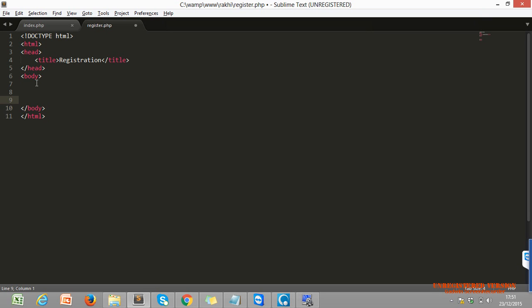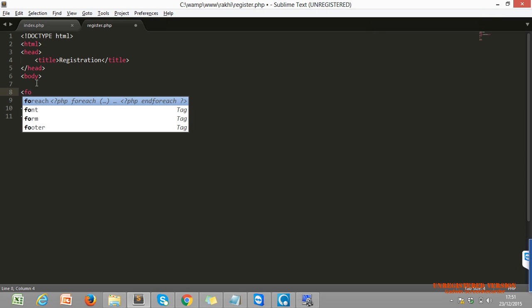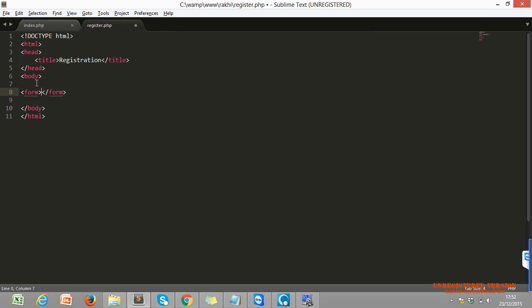One submit button, then we need one form tag also, to submit our form or to send the values of our input tags. How do we send the values? From the form tag only. So we need a form tag first. I just created a form tag. Within the form tag,